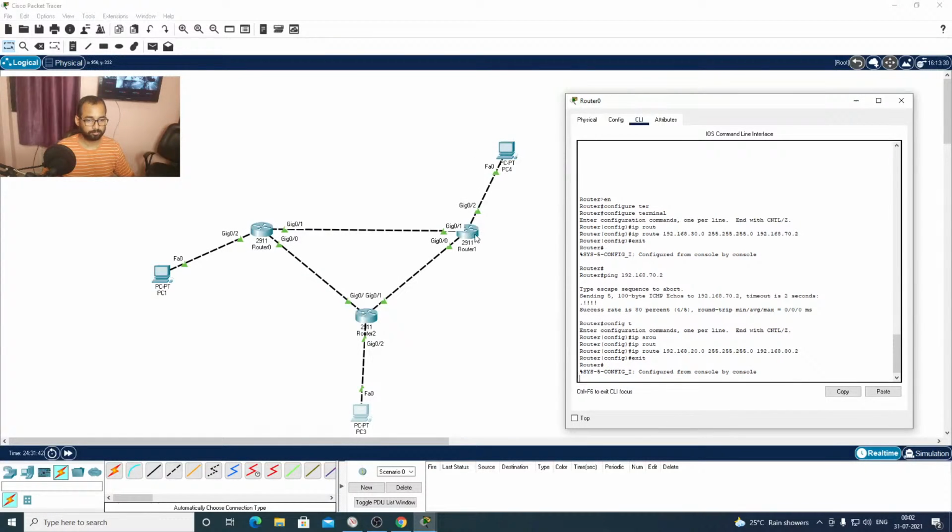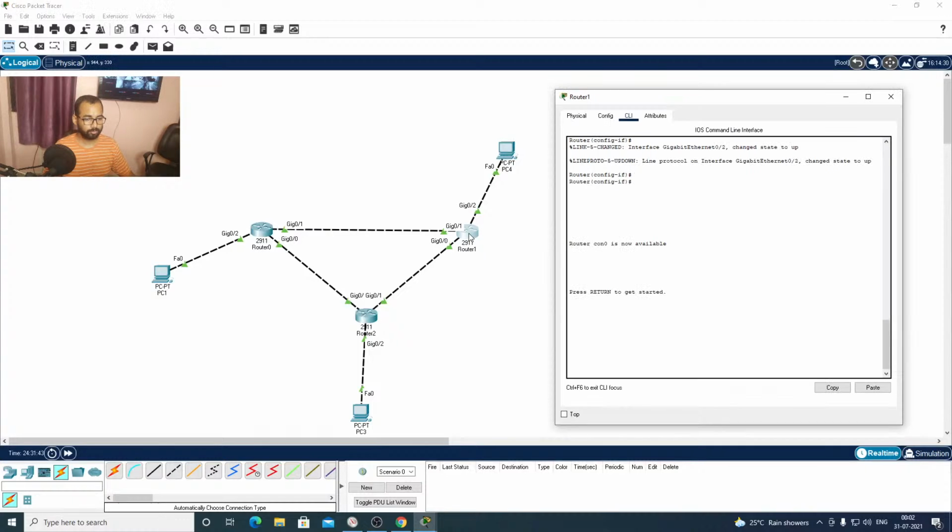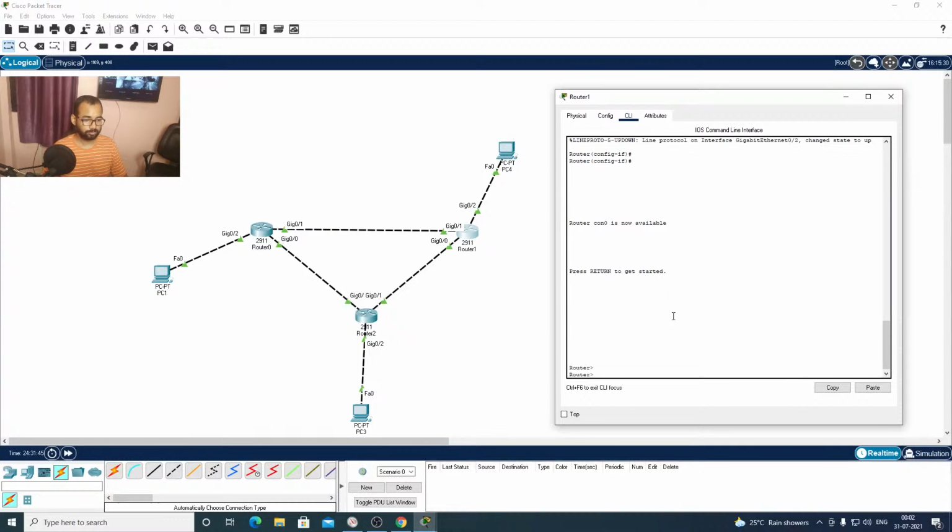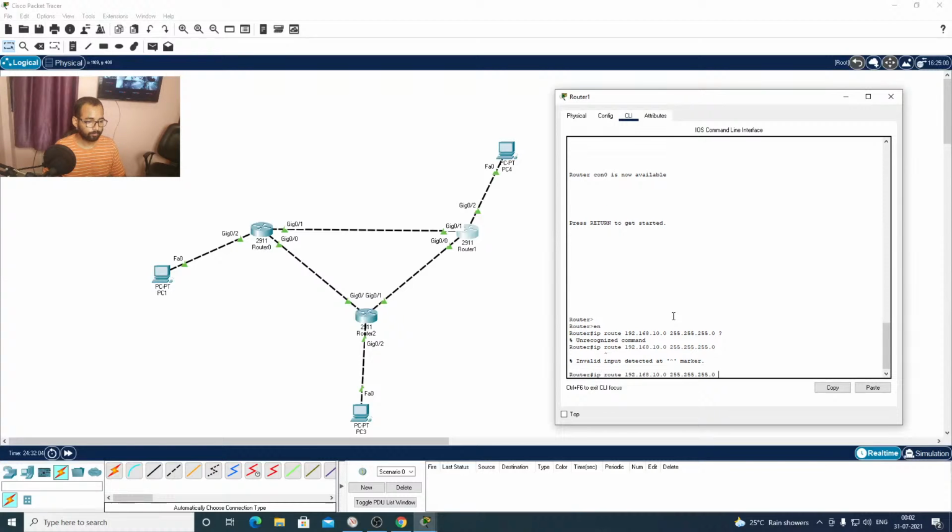Similarly, we'll go in router 1 and we'll feed information about this 192.168.10.0 network. Okay, so we have to first go in global configuration mode.